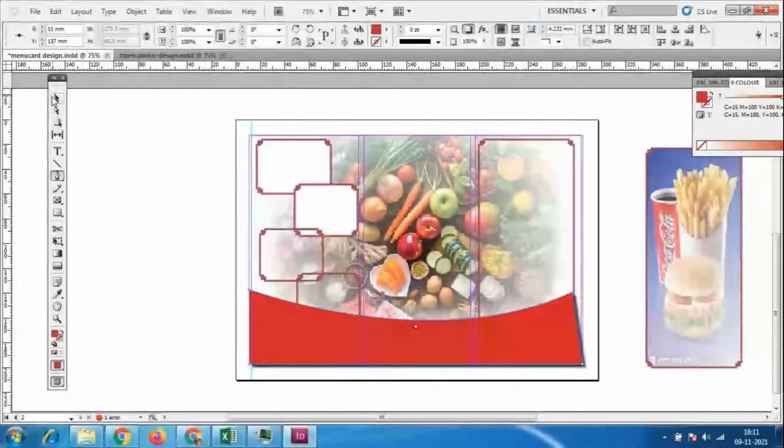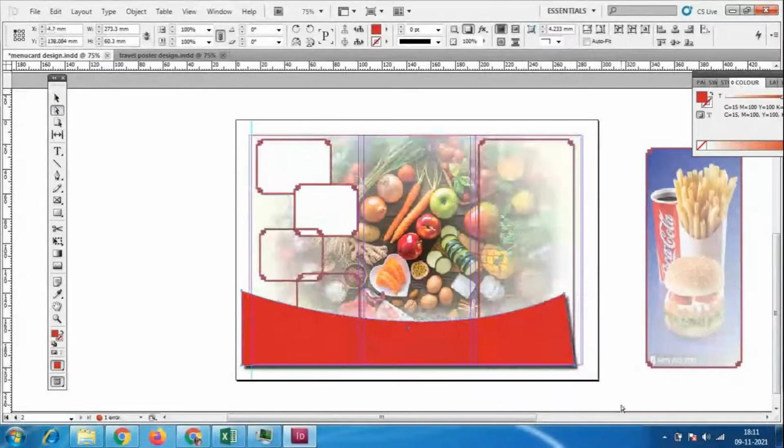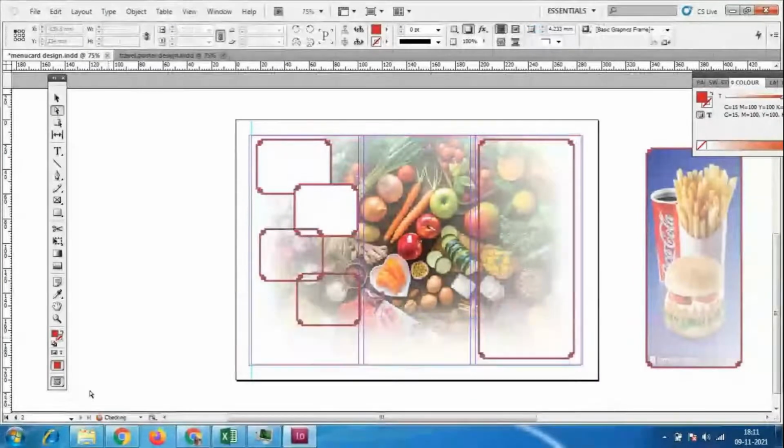Okay, so some of the designs we could make it. I'll go to this pen tool. You can type it like this also.